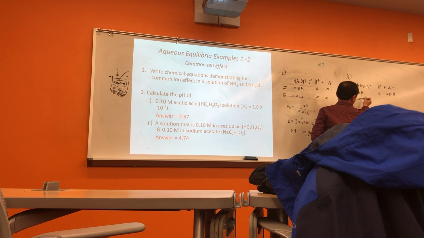Change: you will lose X amount, add X amount. At equilibrium, 0.10 minus X, X, 0.10 plus X. This is the common ion effect, okay? With the common ion, that was just X. In this case, it will be added to the X, that number. So, compare the left side, X times